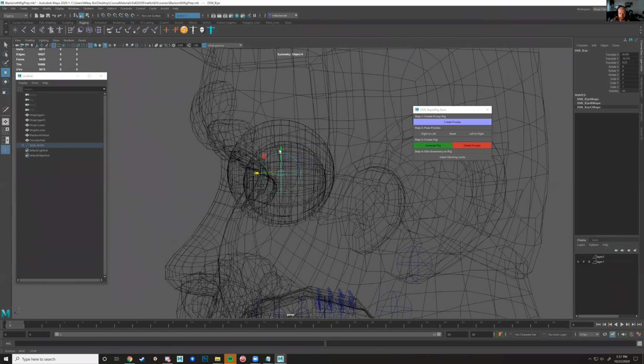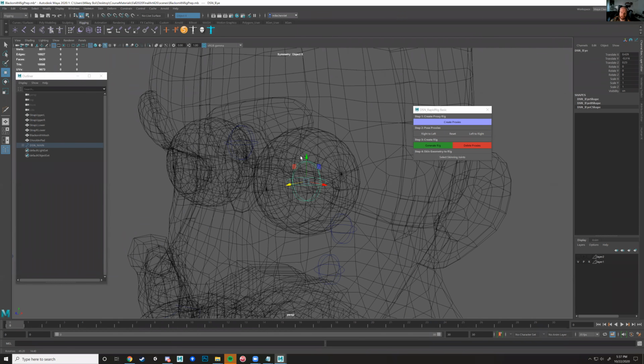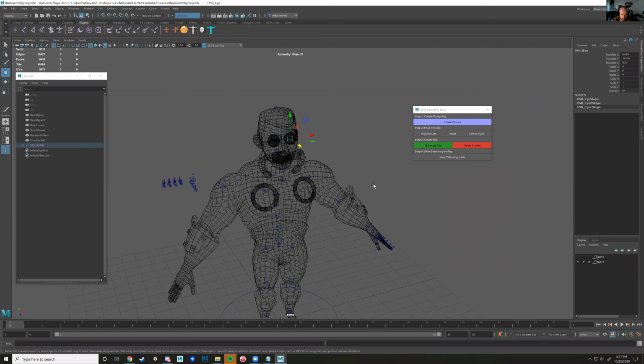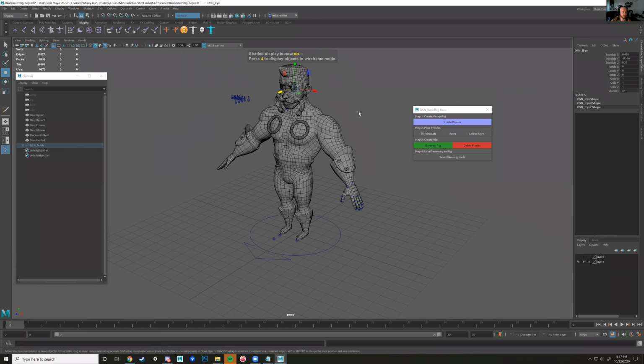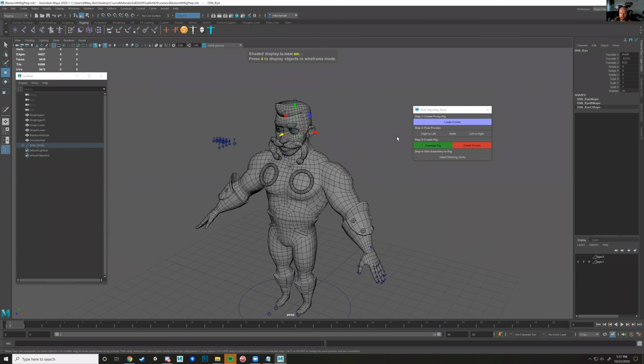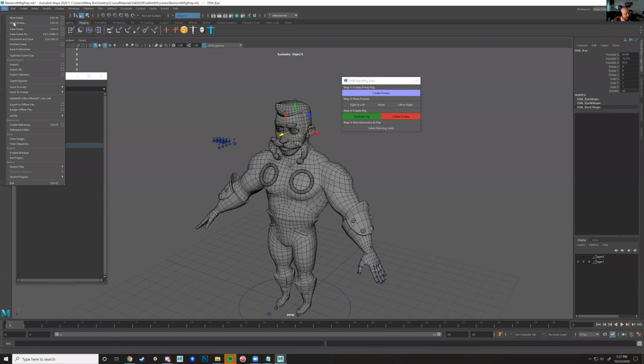That middle eyeball edge loop. And so that's perfectly in the center now. So all of those joints are set up now. And at this point, I would save, file save as,